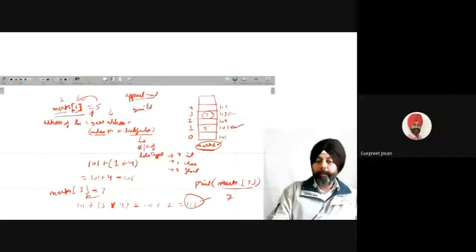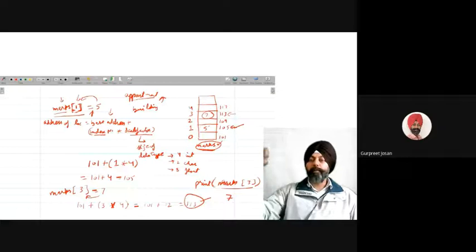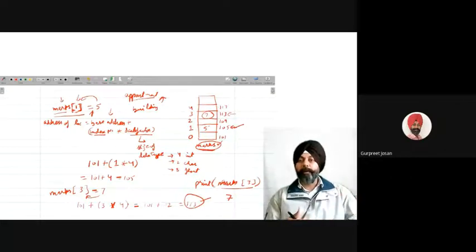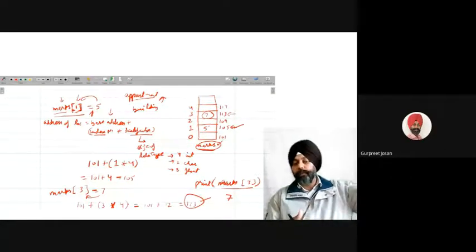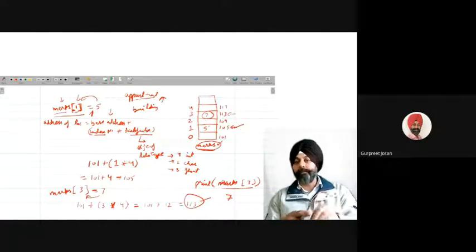A building contains a number of apartments: apartment 1, apartment 2, apartment 3, and so on. So the building represents an array and the apartments represent the locations.